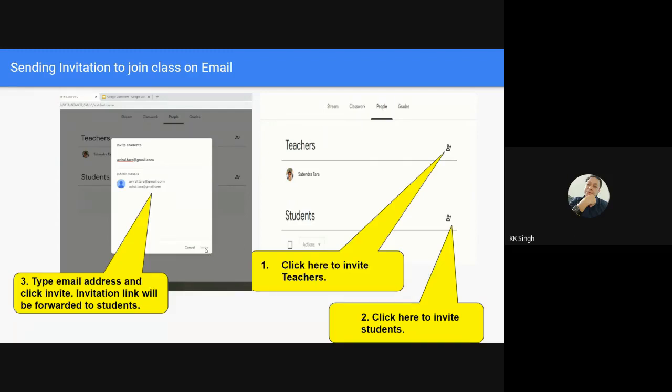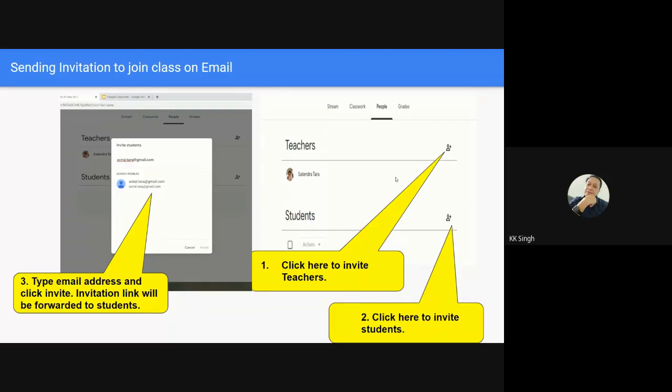The invitation will go to each child, and when the child opens the email inbox, he or she will find the invitation and accept it. Once he or she accepts it, he or she will become a member of your class.